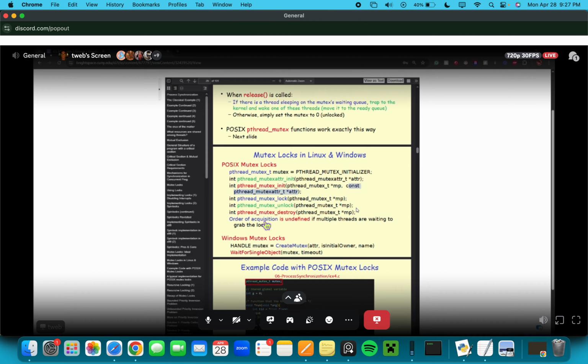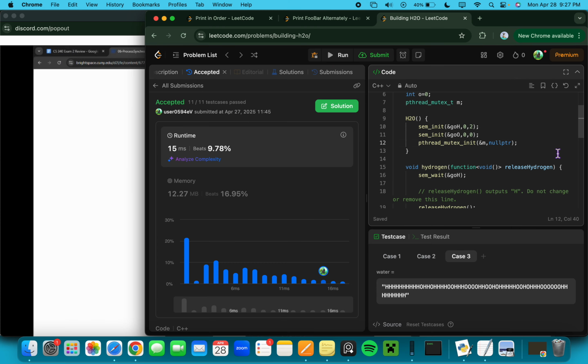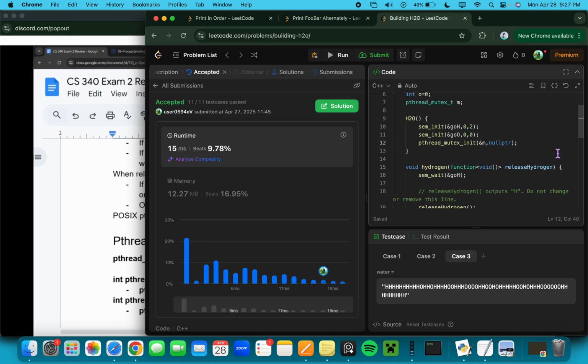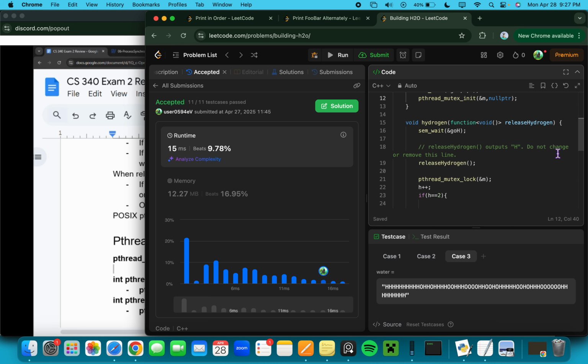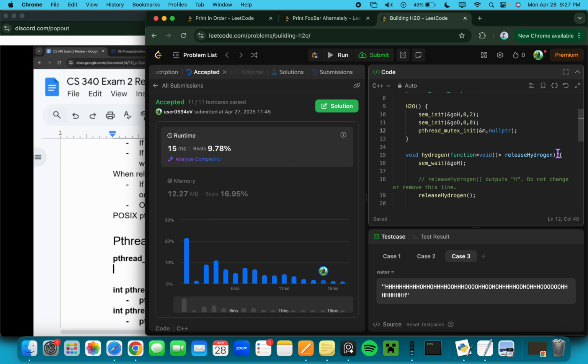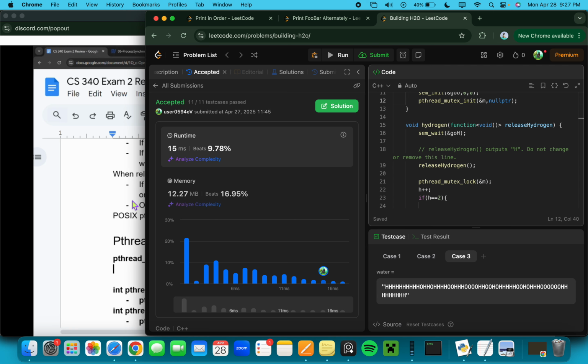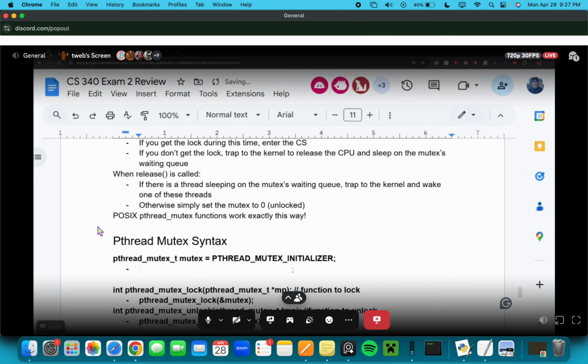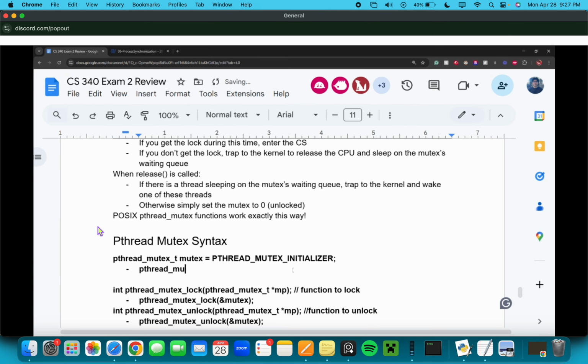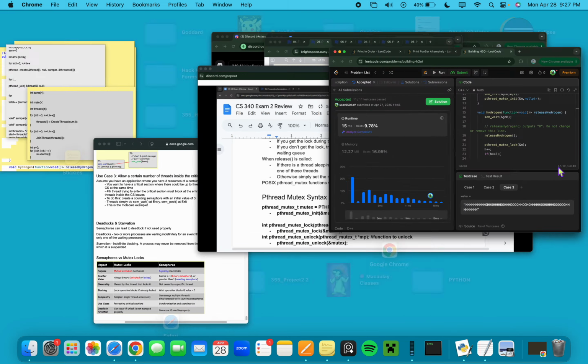Okay, and then that makes it initially unlocked, I suppose. So I guess that would look like, yeah, I can write it here, because after that I used it to lock. So it's pthread_mutex_init, ampersand mutex,